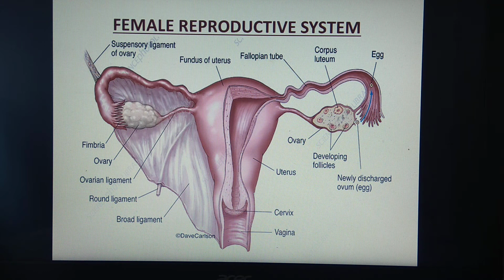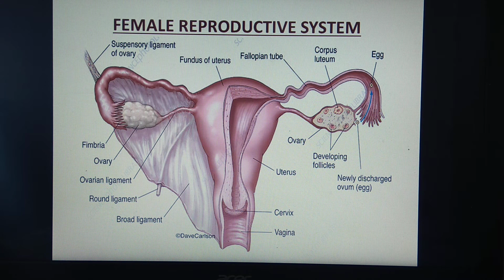What's the function? It relaxes the ligaments in the pelvis region and it softens and widens the cervix. This is the cervix region. So softening and widening takes place, and because of that childbirth can take place easily. The next hormone is inhibin. The function of inhibin is to inhibit secretion of FSH, that is follicle stimulating hormone, which is secreted by the anterior pituitary. And the last hormone, activin.